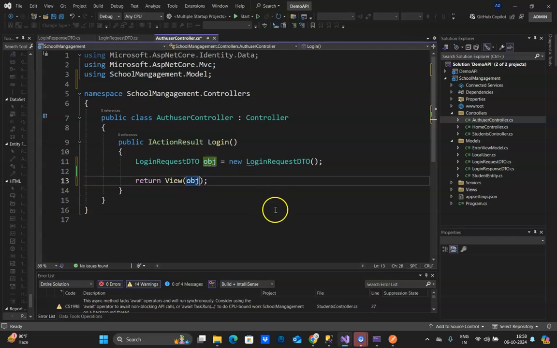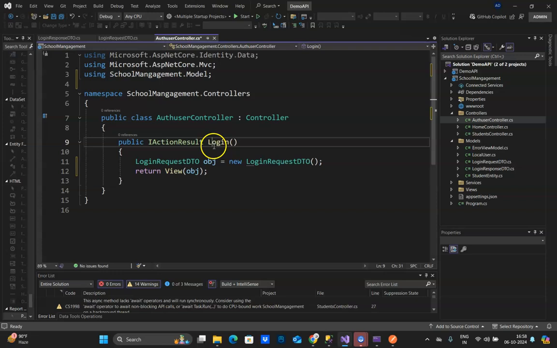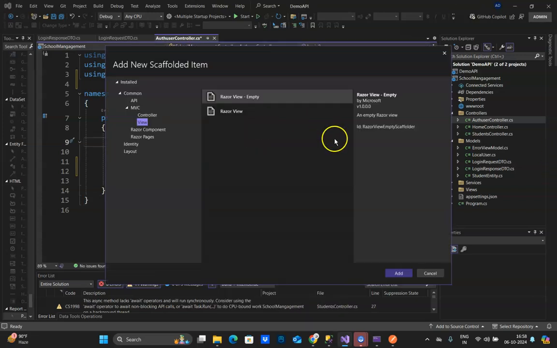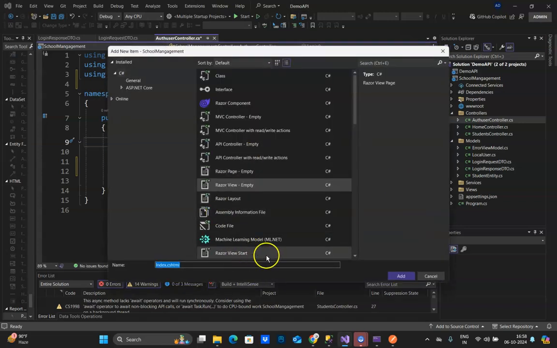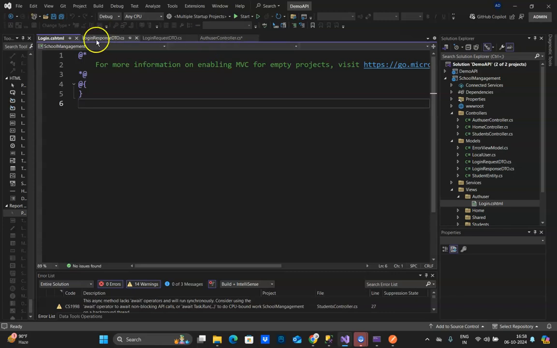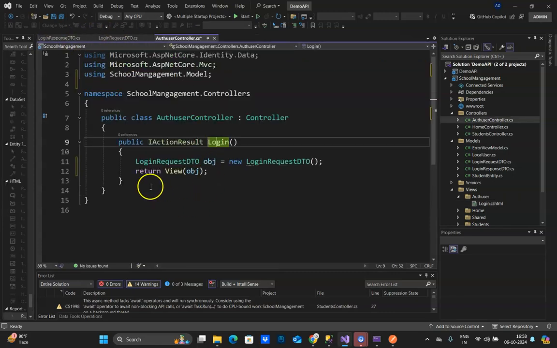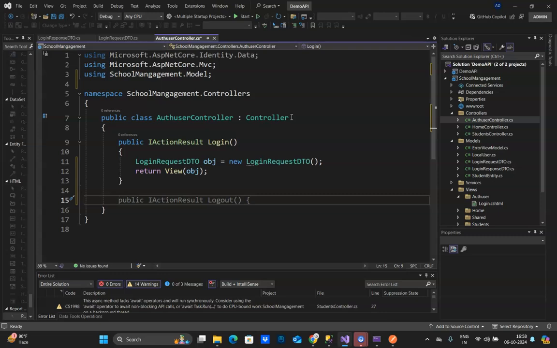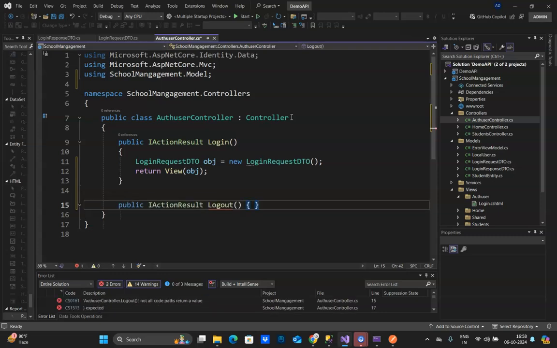and this I pass over here to the view. Then I'm going to right click and add a view. I'm going to just copy this, right click, add view, and paste it. So I've created one view. Similarly, we will create one more view for access denied, because there could be a scenario that we'll need it. So then first we'll have a logout. Let's have a logout screen, and